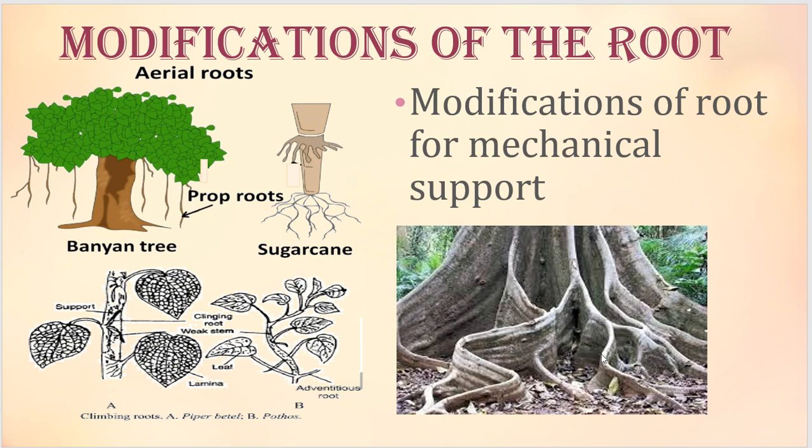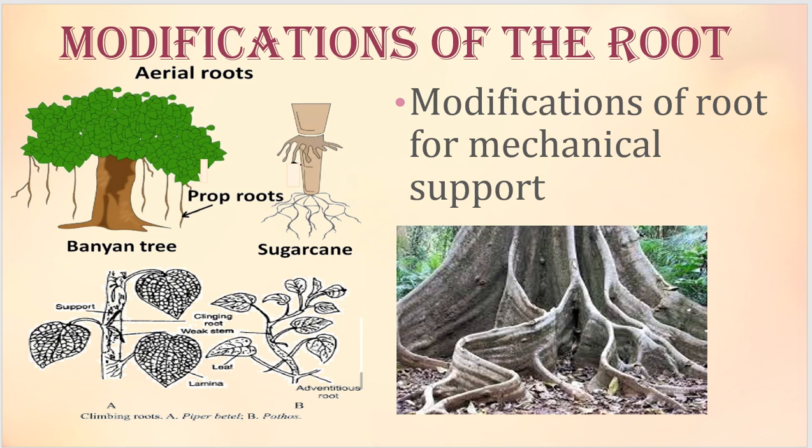Ficus bengalensis is the banyan tree. In these kinds of trees, you can see one more additional set of lateral roots which give mechanical support to the huge plant. Okay, they spread horizontally like a plank. You can see these roots. So these are buttress roots. These buttress roots are also one more type of root which gives mechanical strength to the plant.